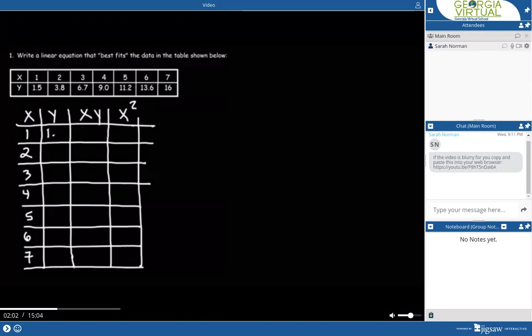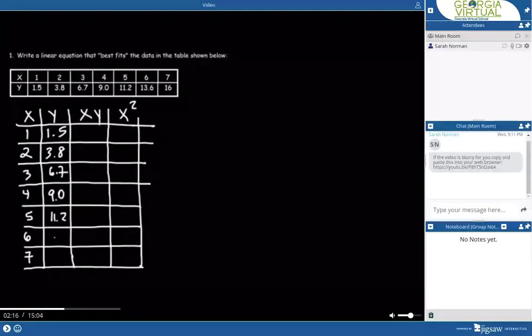Now let's write the corresponding y values. It's going to be 1.5, 3.8, based on what we see in this table, and then it's 6.7, 9.0, 11.2,